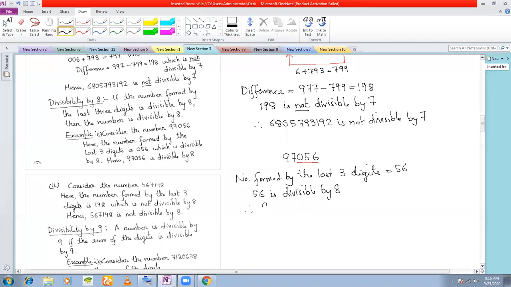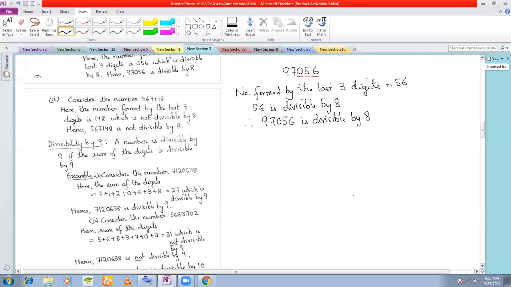Therefore, the entire number 97056 is divisible by 8. Okay, you just have to check the last three digits. Just as in case of 4, you were checking the last two digits. Here you have to check the last 3 digits. Okay. Consider another number